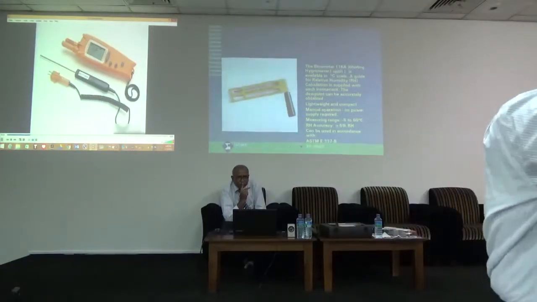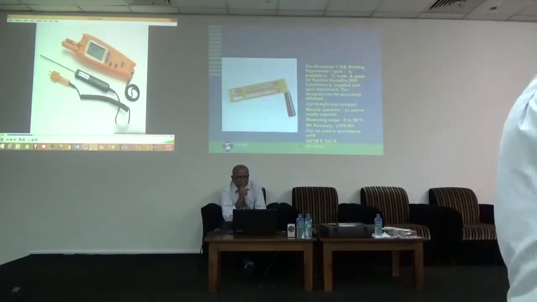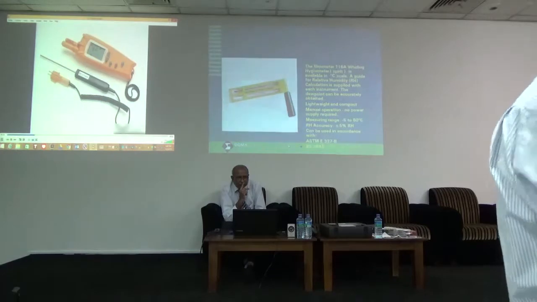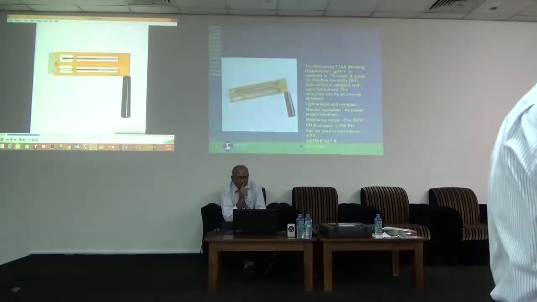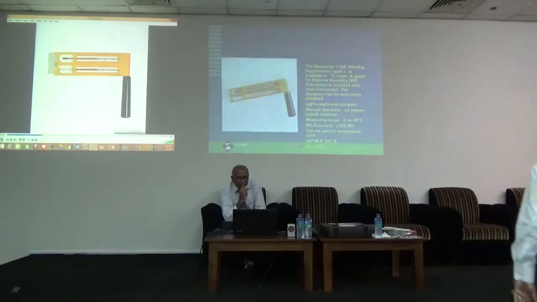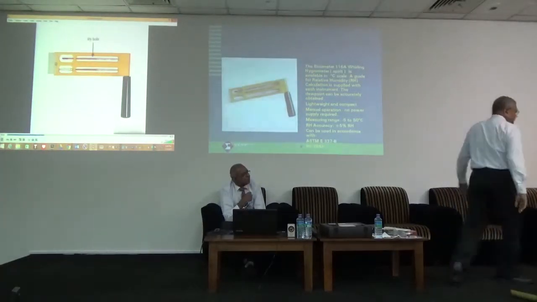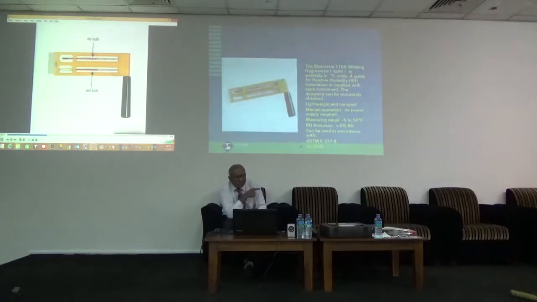In that one, we give you relative humidity at a flick of a switch. This one we have to do manually. Calibration can be expensive. By far the most popular instrument used in the protective coatings industry is the whirling hygrometer. Here we can see a whirling hygrometer and its essential components. Both manual and automatic hygrometers are available.